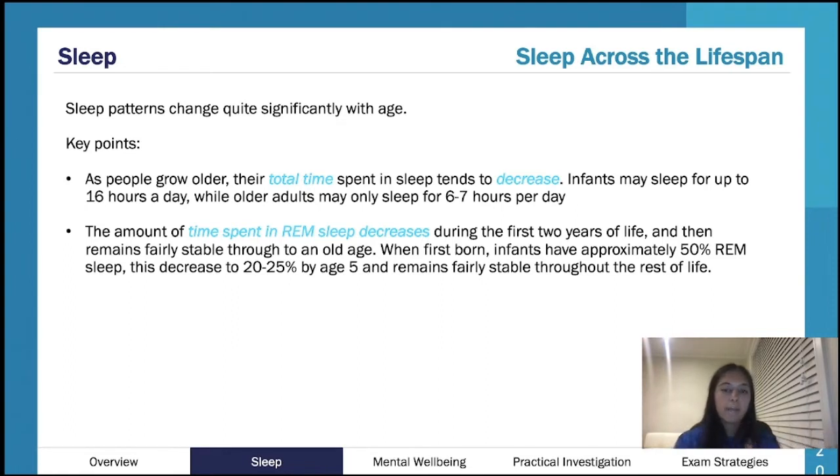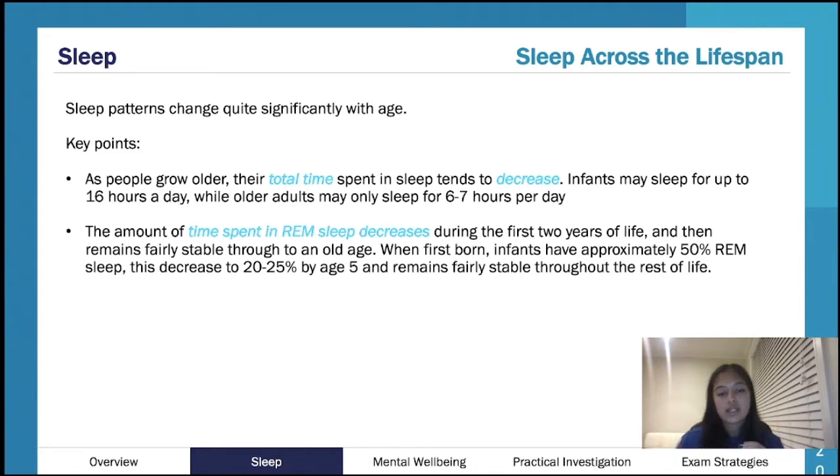So when you are a baby, when you're sleeping 16 hours a day, you have about 50% of that in REM. So that's about 8 hours in REM. So the proportion of REM is very high. As we talked about before, in a normal adult, it gets to about 20-25%. So we've gone from in infancy, you're about 50-50 NREM to REM. As an adult, you're about 75-25. And then it kind of stays on that 75-25, 80-20 level as you age.